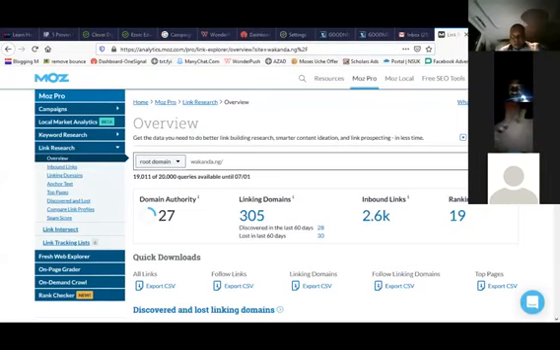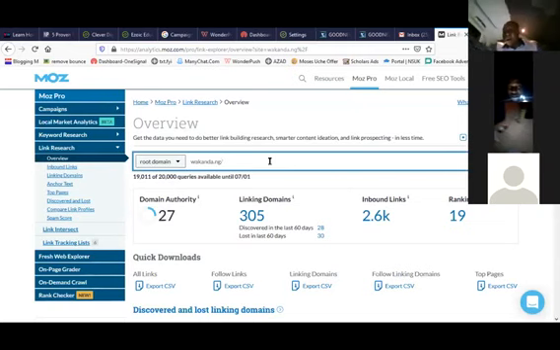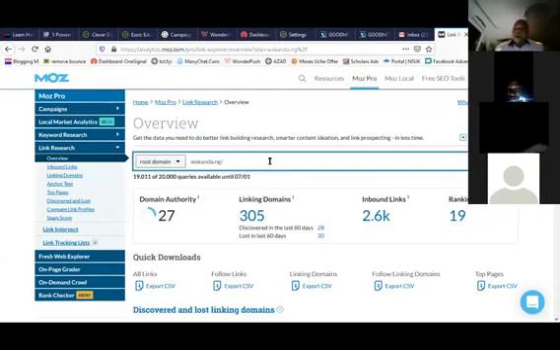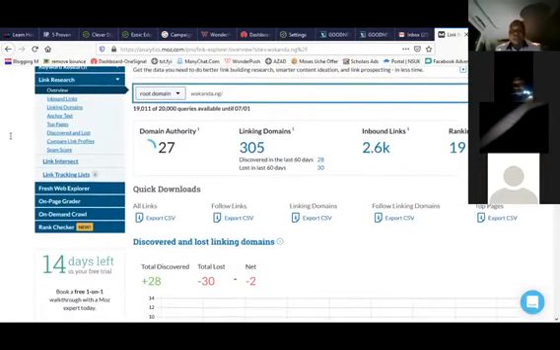So once you log into Moz, you go to link research. You put your domain. Your domain is your website address. So if your website is timothy.com, that is your domain. If your website is cj.org, that is your domain. Whatever it is that your website address is, just input it and submit. You will see your domain authority.